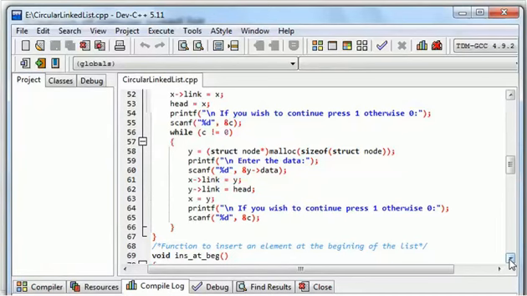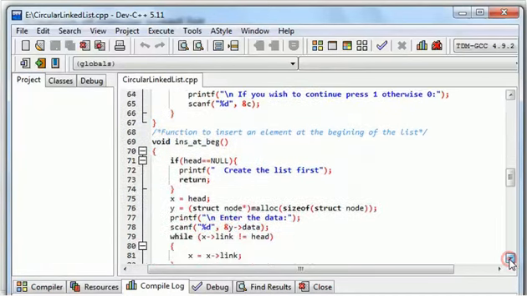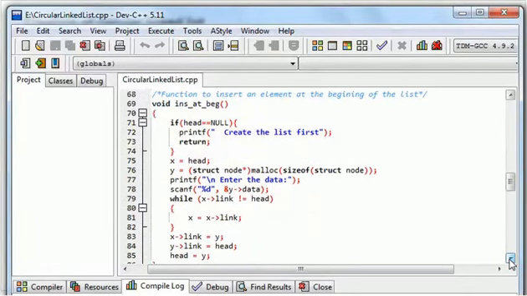Now after this we have insertion in the beginning. If I want to make insertion in the beginning, definitely the insertion will happen if and only if my list exists. That's why this condition has been checked, that if head is equal to null, then the list does not exist, simply return out of it. Otherwise, since I don't want to make changes in the head pointer, I am representing head with x. So x is the starting point for my linked list. y is the node which I have created, which I want to add in the beginning, and I am writing something in the data part of y.